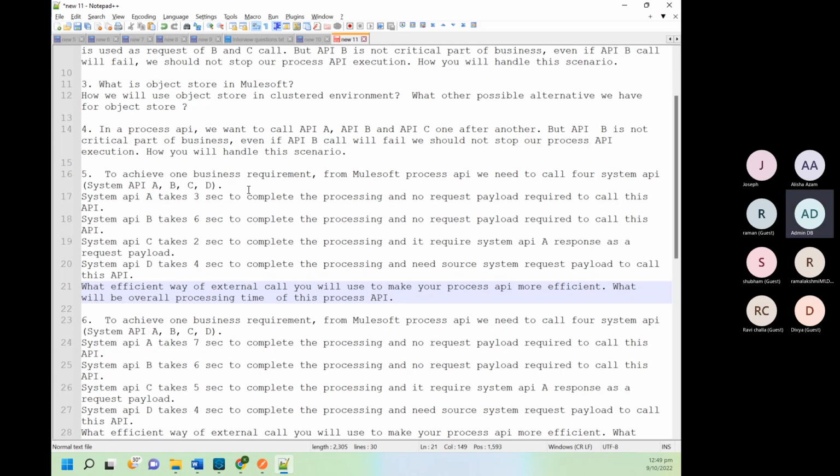If you do sequential calls, then definitely it will take 15 seconds. But nowhere has it been mentioned that they have a dependency on each other. If they haven't mentioned it, it means there is no dependency. So in that case, we can use scatter-gather and do parallel calls. The overall time will be the maximum time for scatter-gather, that is 6 seconds.